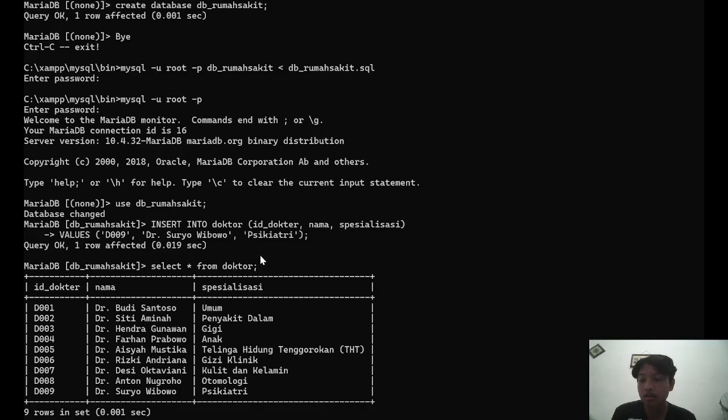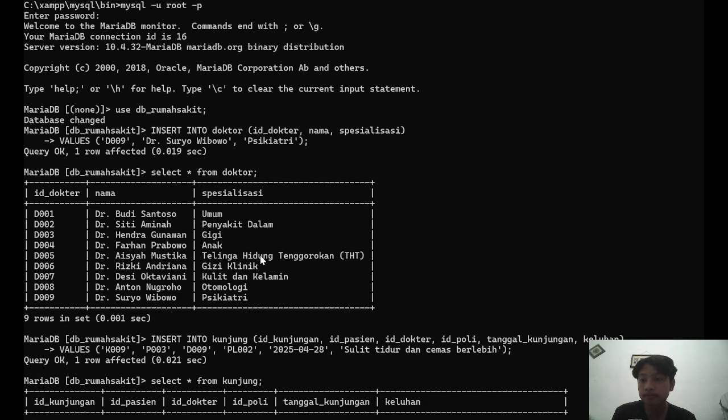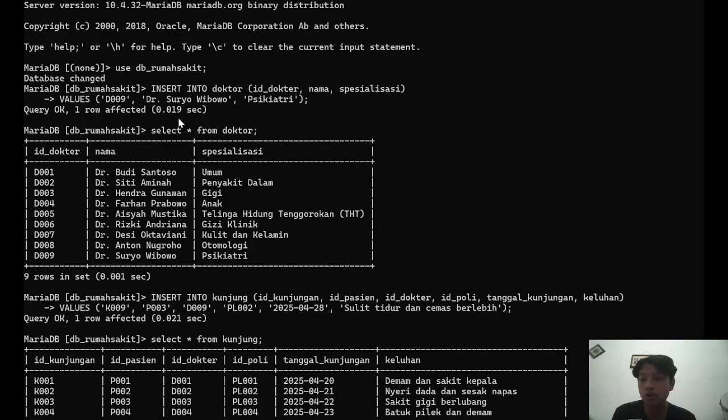Okay, so the next one is number 2. So this is the query to answer number 2. In this query, I'm adding a new doctor into the doctor table. The first column is ID doctor, the unique ID for the doctor, and then name is the doctor's full name.